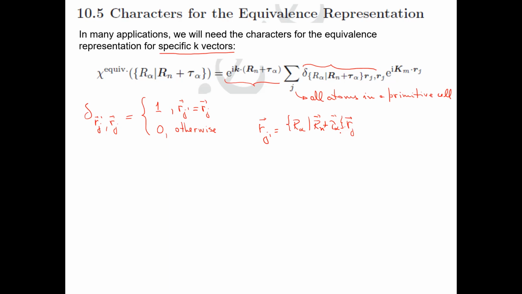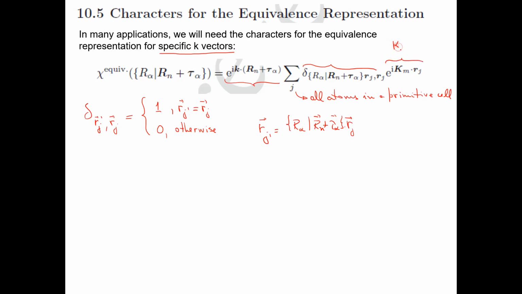But you just need to be careful, because you consider equivalency if an atom is taken to another atom in a different unit cell, but it's equivalent by a translation by a Bravais lattice vector. So you have to be careful with that, but other than that, it's a pretty straightforward definition, which is very similar to the definition that we had before. Okay, and there's another phase factor here,